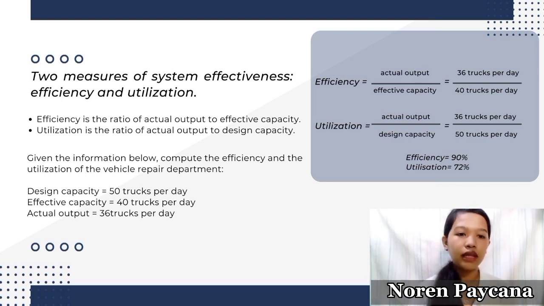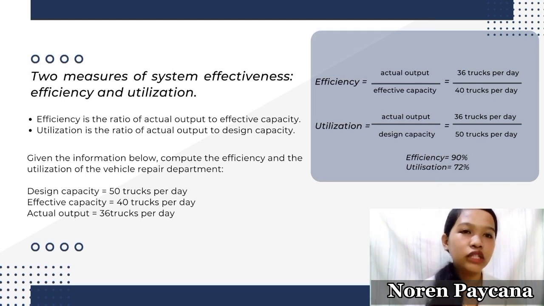Pag kinompute naman natin yung utilization, it is equal to actual output over design capacity. So, actual output is 36, while the design capacity is 50. Ang nakuha natin na ratio of actual output is 72%. So, kung makikita nyo, mas mataas yung nakuha natin sa